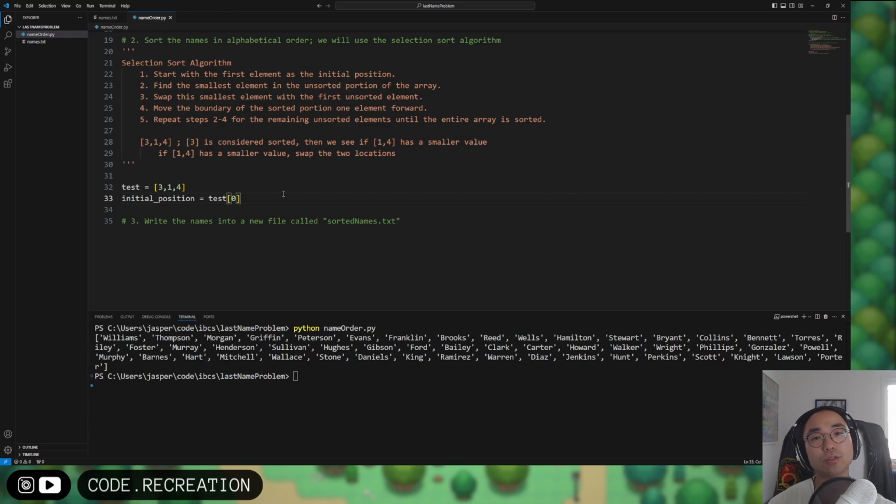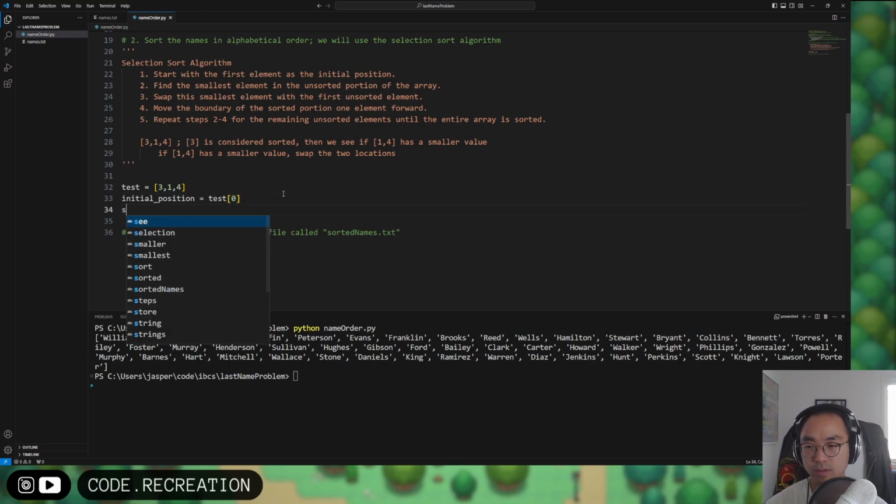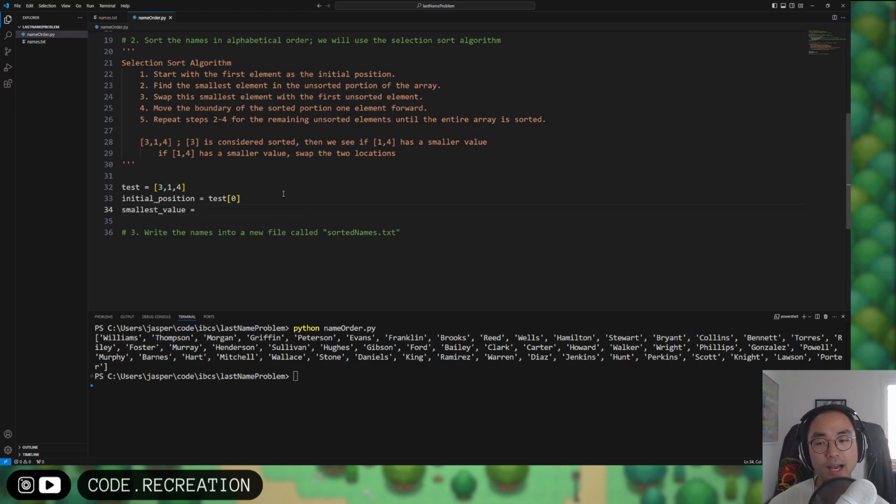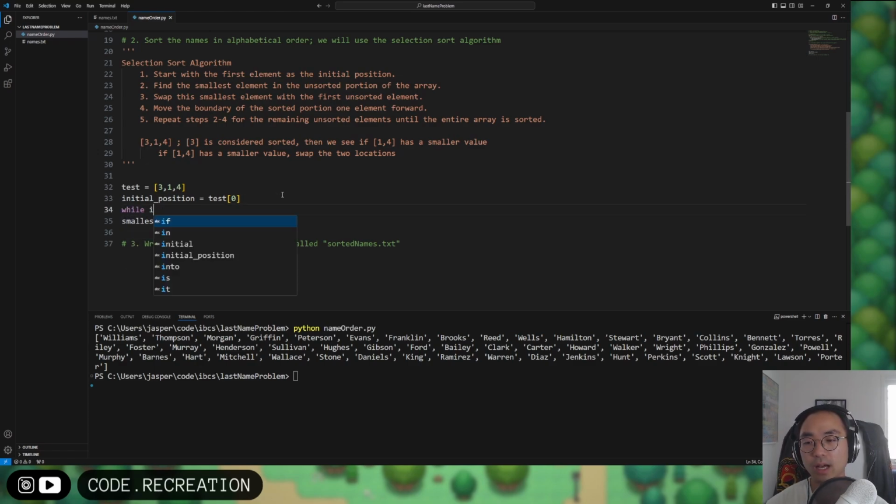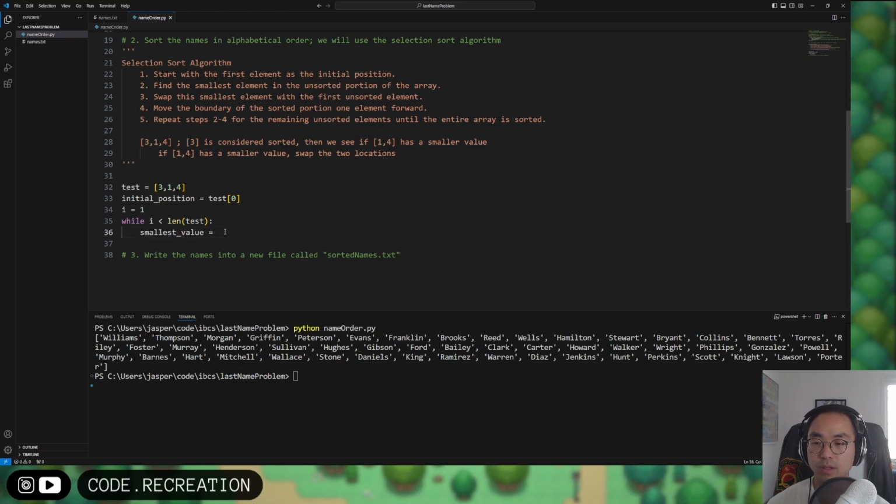And then we need to do a search for the smallest value. The smallest value afterwards would need to be found at index 1 and onwards. So we can say while i is less than the length of test, and it needs to start at 1 greater than the initial position, so we're going to set i to 1. And then while i is less than that length,